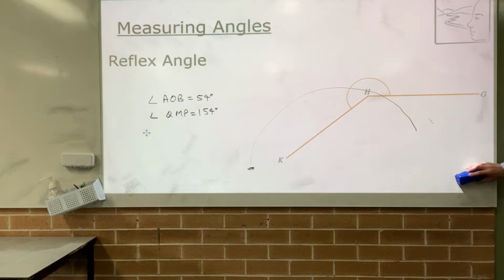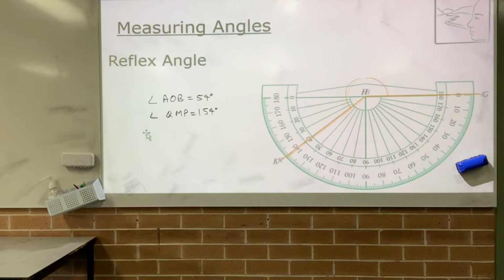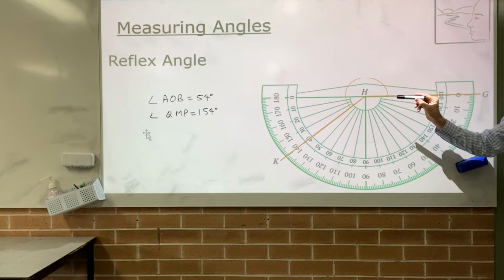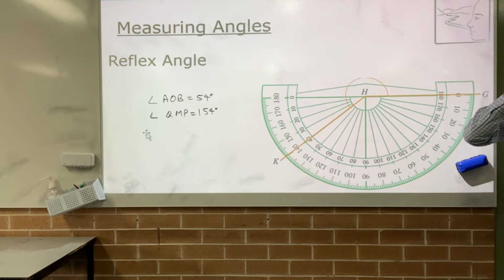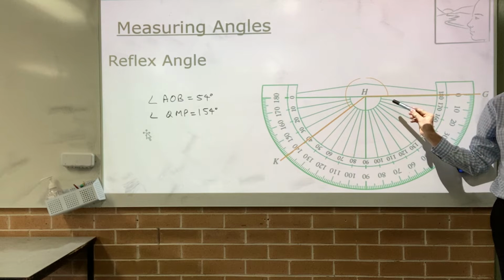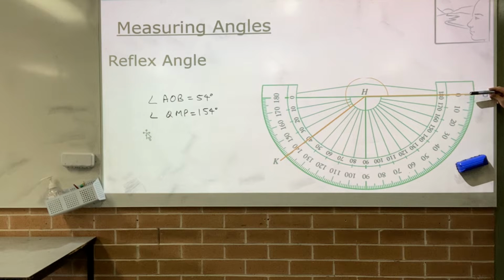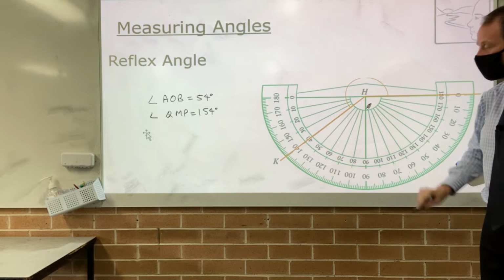We have one more. This time it's what we call, of course, a reflex angle. So there's our reflex angle. So there is our angle on the protractor. But what's the difference with this one? Yeah, it's upside down, and where's the angle? It's outside our protractor, isn't it? Does this protractor measure any more than 180 degrees? It doesn't. So what we've actually got to do, we've got to work out this inside angle, and then we take it away from